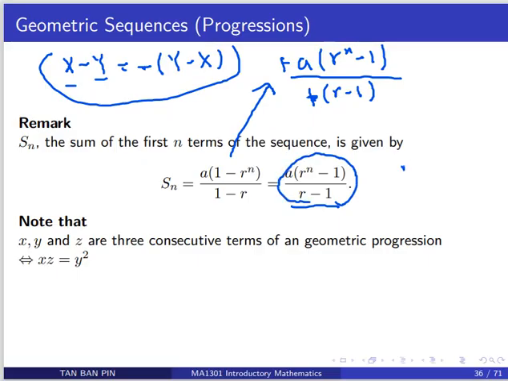Usually, you want r minus 1 to be positive. So if r is more than 1, you use this formula, so that when it comes to calculation, it's easier to handle. We don't want to write negative numbers. So if r is more than 1, you use this, then you will be looking at positive numbers. If r is less than 1, you use the other one. Then the denominator and numerator will be positive numbers, which is easier to deal with.